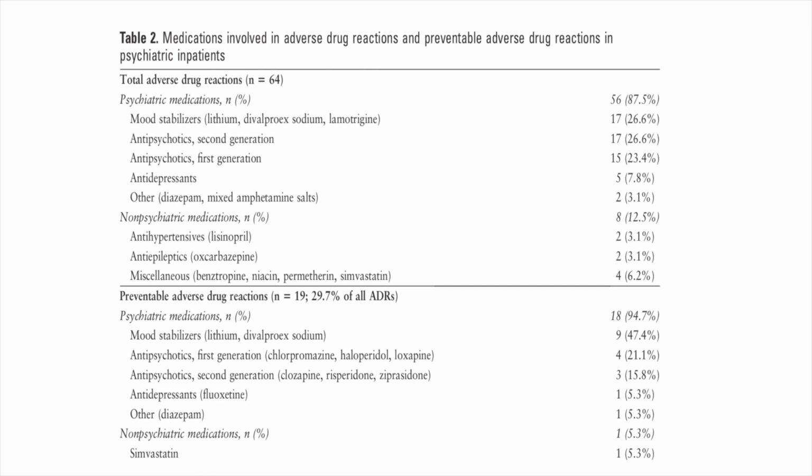So the Iupa et al. study, they also broke down the medications which were responsible for the adverse drug reactions, and they had the mood stabilizers as the highest because of Depakote, and then the second generation antipsychotics were up there too. And this is similar to what our hospital looks like, mainly because we use second generation antipsychotics the most. We also have a high number of first generation mood stabilizers, ADRs.